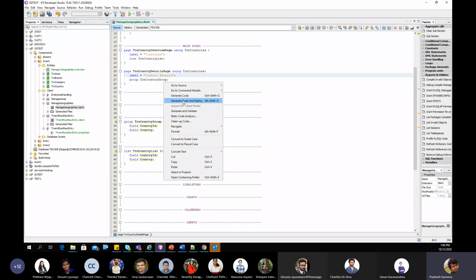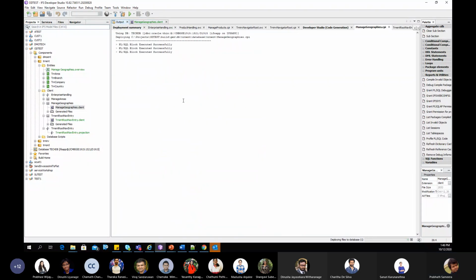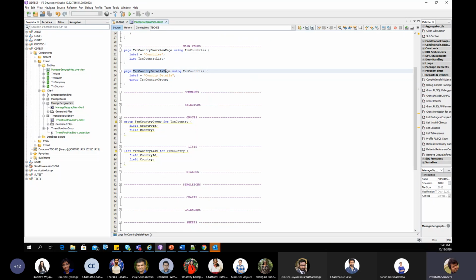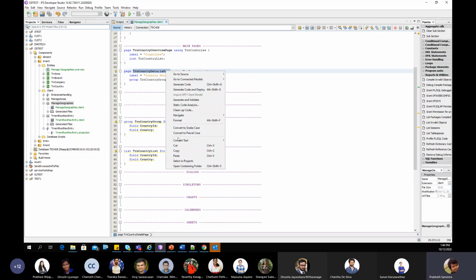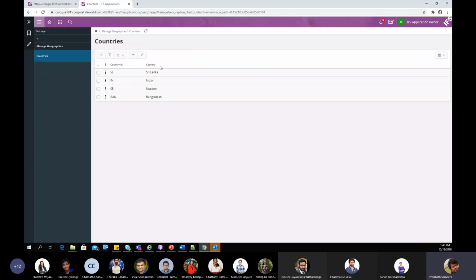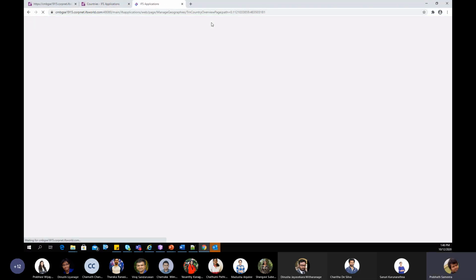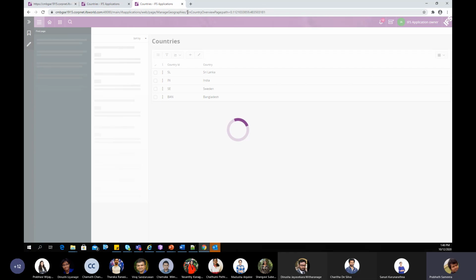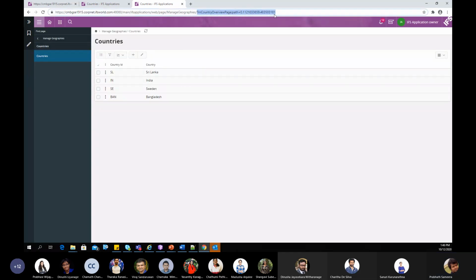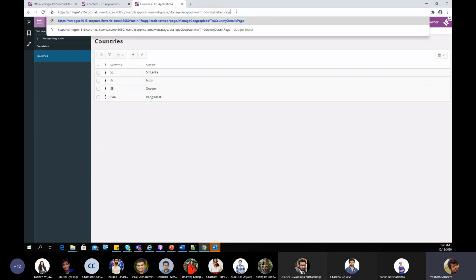Okay, then I will generate code and deploy. And I will take this newly created page name here. I can use the same model file because this page is also in this client file. So then